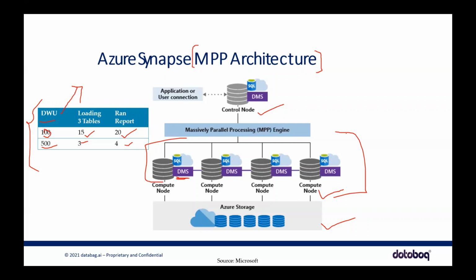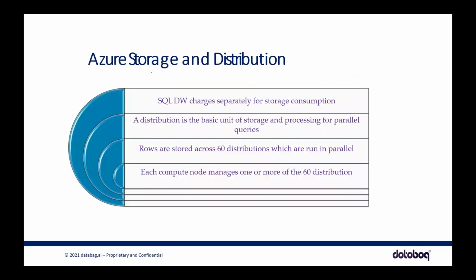But when it comes to MPP or cloud or Azure Synapse, you don't have to worry about that, because if the performance is low, you know why it is low. It's low because DW units are less. If you want more, then you need to increase this. That's all. You can't really optimize anything on this. You can't do much optimization or enhancement on this architecture, because this is completely handled, controlled, maintained, owned by Microsoft Azure. Moving forward, you have Azure storage and distribution.